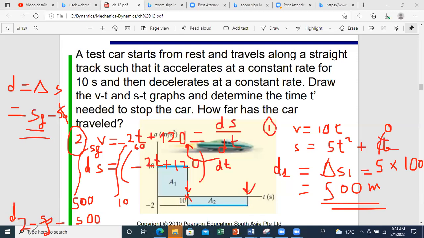Equal to, by just performing this integration, if you integrate, for minus 2t the integral is minus t squared. And for 120, it's a constant, so plus 120t. You apply this between your boundaries, which are 10 and 60, and if you do the calculation, you will get 2,500. So distance moved in phase 2 is 2,500. If you add to it plus 500, you get that S final is 3,000, which is exactly the same result